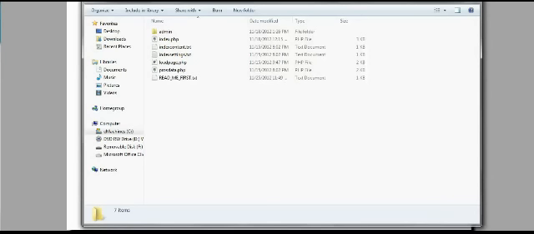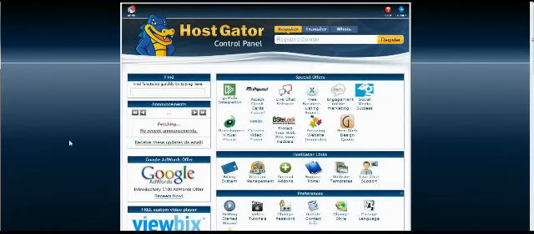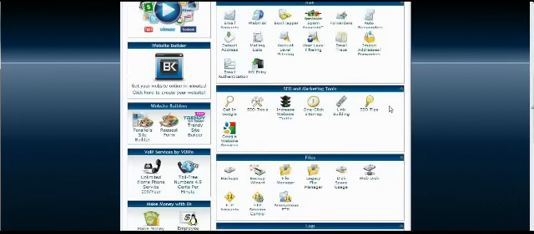In order to get to cPanel for your hosting account, provided you have it, you'll go to www.yourdomain/cPanel. Then you'll have to log in with your cPanel username and password that you got from your hosting company, and then you can create your FTP. So let's go ahead and take a look at that. Okay, so this is what cPanel looks like. You're going to go and find the option that says FTP accounts. It's underneath the Files menu, and there it is right there. Just click on that,